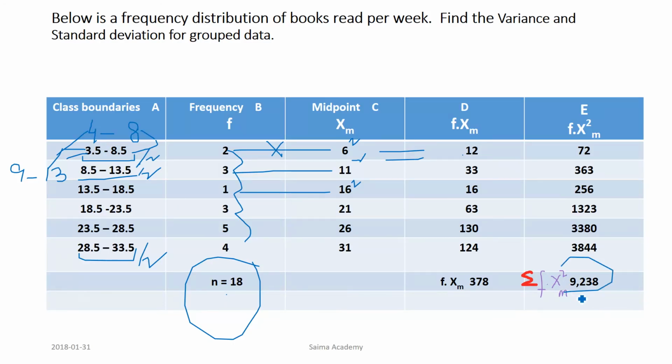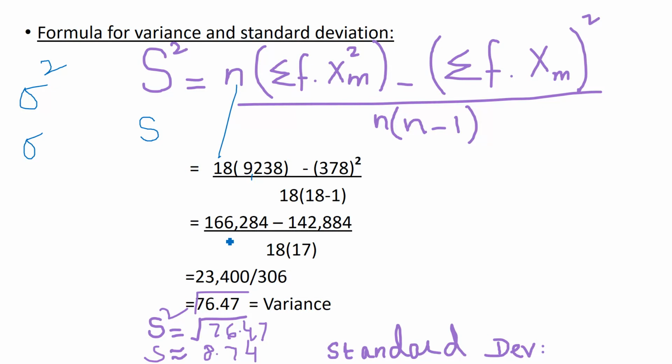This is the total of this and the total of this one. When we do the multiplication and simplification, we get 76.47, which is the variance. If we take the square root of this variance, approximately,